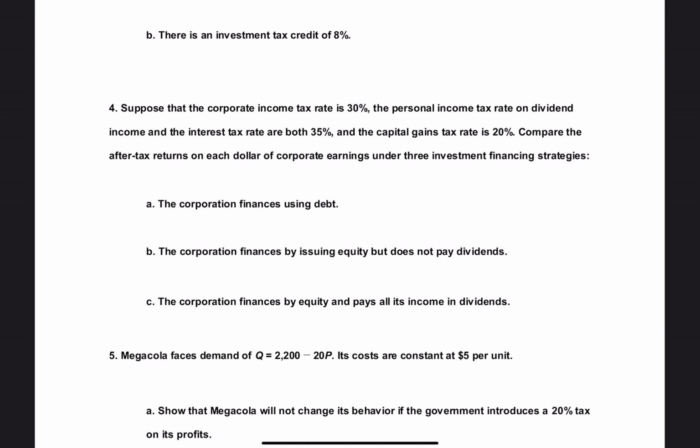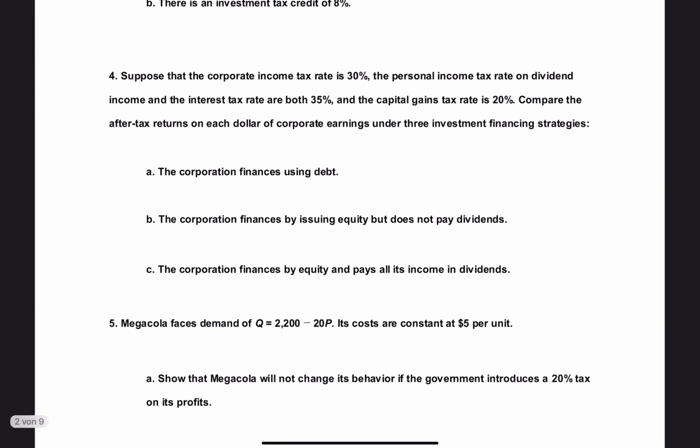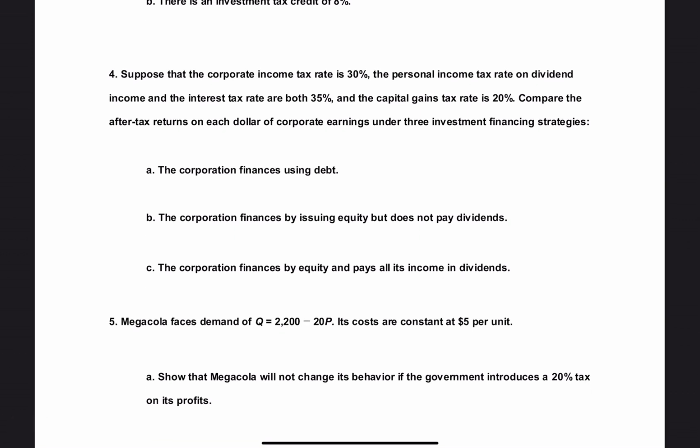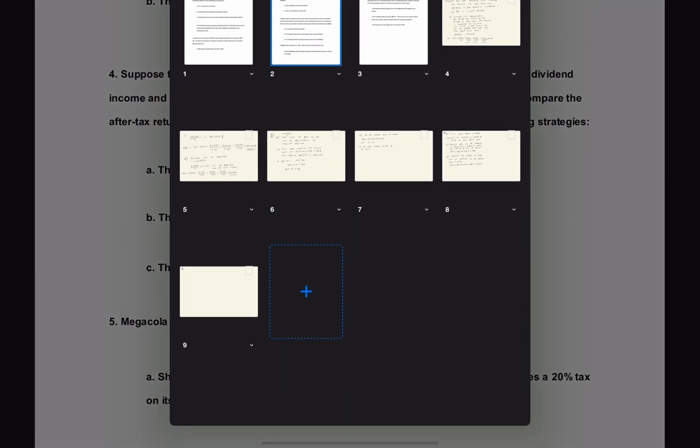And depending on the tax system, there are cheaper ways to finance your investment than others, obviously depending on what the tax rates in your country are. And we will now go through 3 different cases for this example. So in sub-exercise A, the corporation is financing using debt. So when financing by using debt,